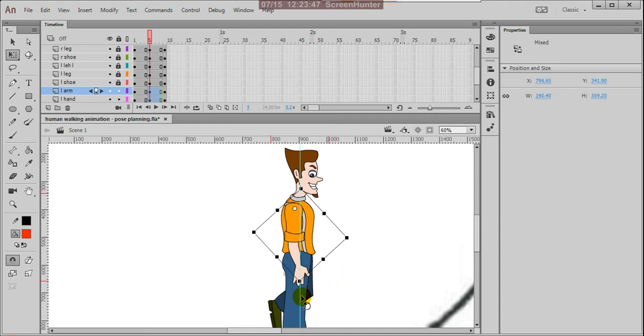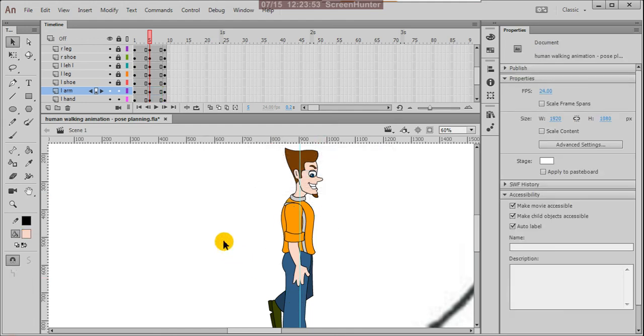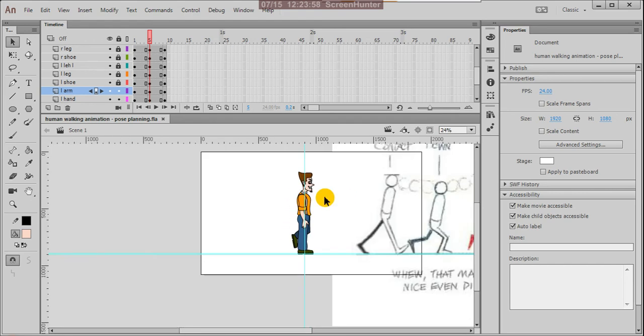Yes, here the body is covering there. Okay, right, and Control S. Now see this, beautiful. So this is what the passing position pose here.